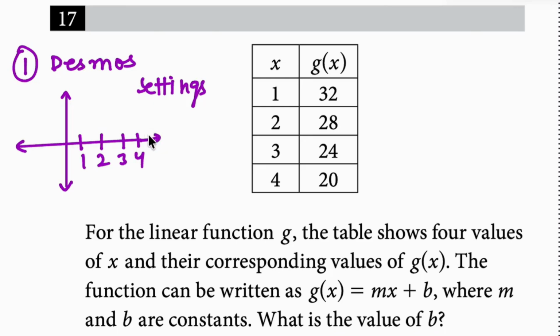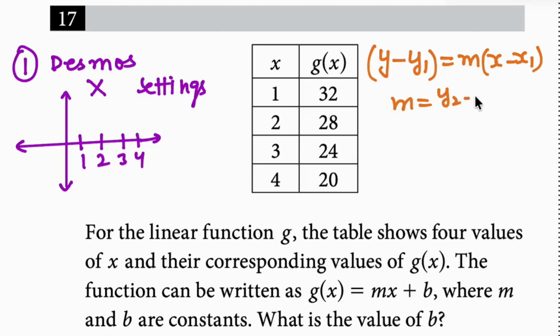So now we are getting the idea. Though it is a question of graph, using Desmos is not a good idea here. Okay. That means what should we do? We should use the equation. Whenever the points are given, this is our equation: y - y1 = m(x - x1), and then m = (y2 - y1)/(x2 - x1). Let's say this is y1 and this is y2, and this is x1 and x2. So you will use the values and find the equation of the line. Okay, perfect. That is the second method. But